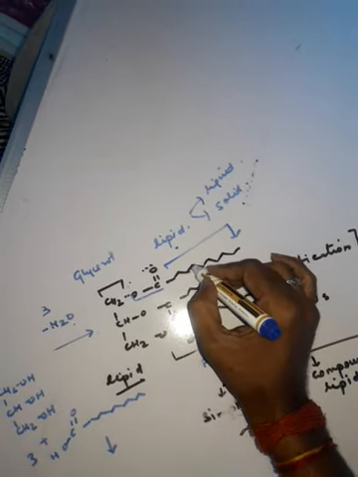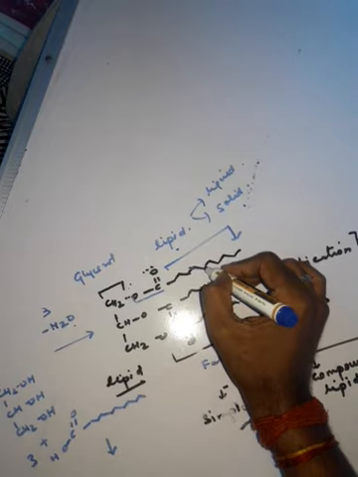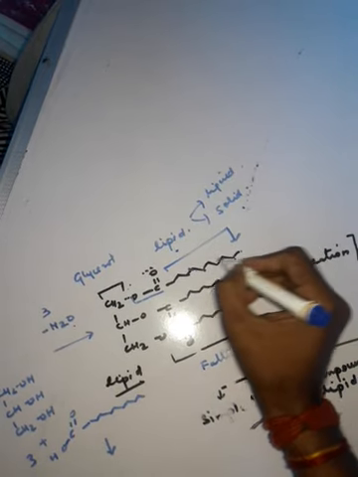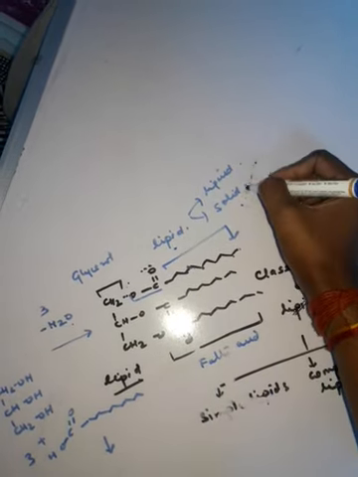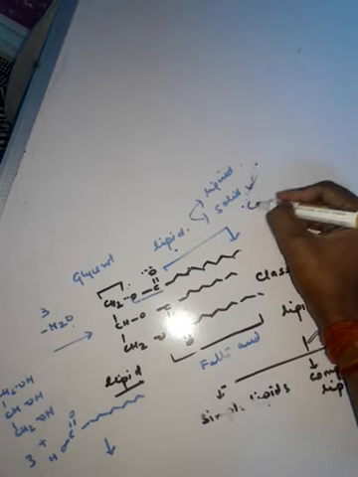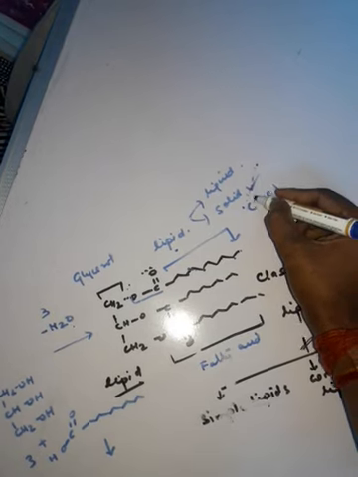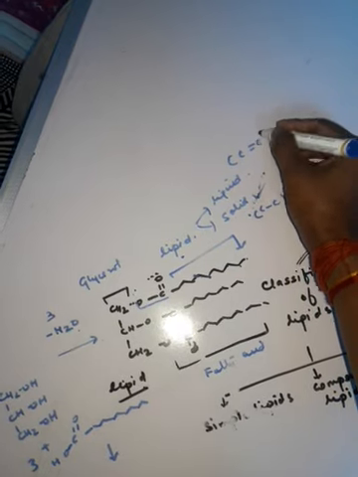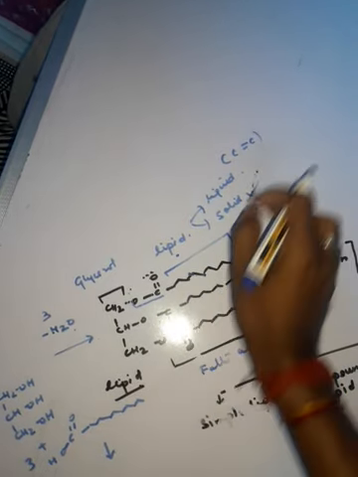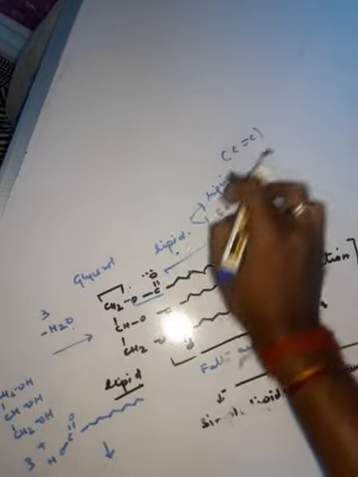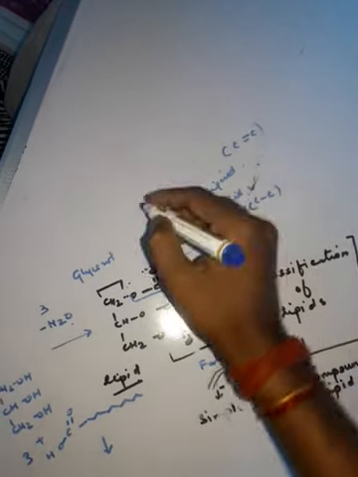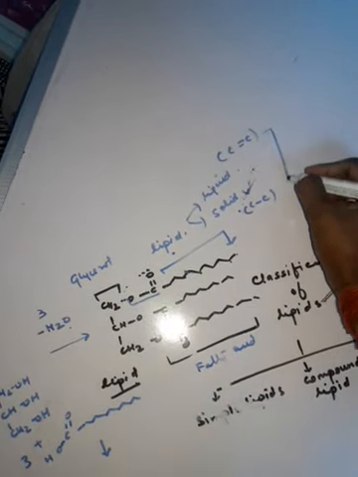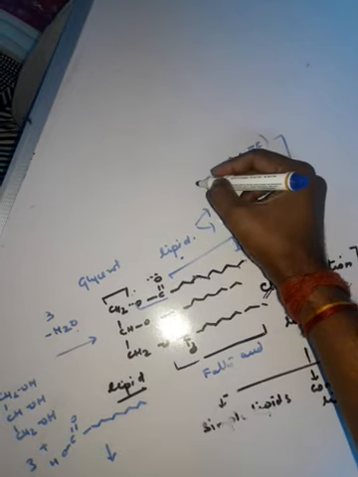If here there is a carbon single bond, then the nature will be solid. When a carbon double bond is present, then the nature of the lipid will be liquid. If you want to convert this liquid to solid, liquid means oil,